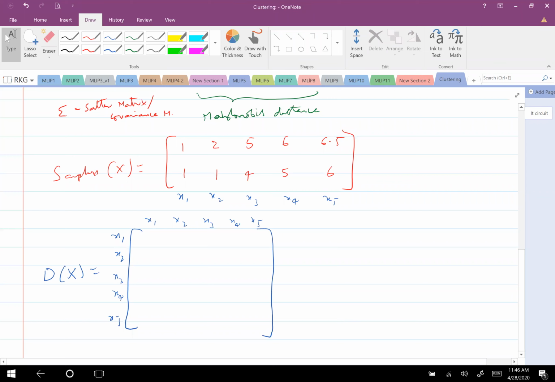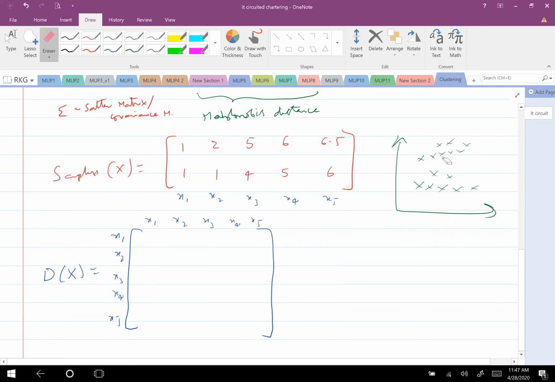Clustering based on different dissimilarity matrices may be different, because even when finding closeness, say I have some samples like this. If I use Euclidean distance, for example, what kind of clusters I may get? If I use Mahalanobis distance, what kind of clusters I may get? Can one of you tell?